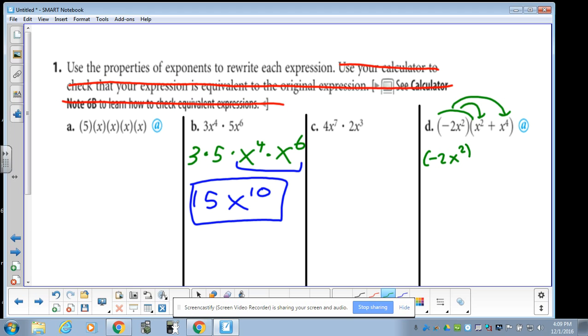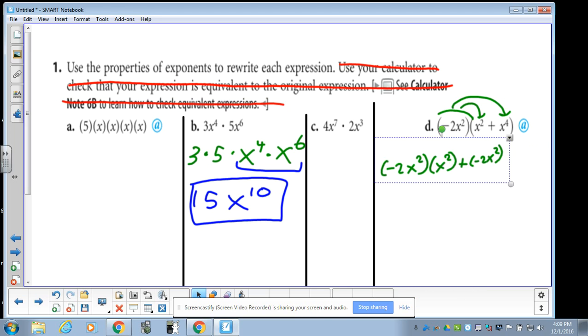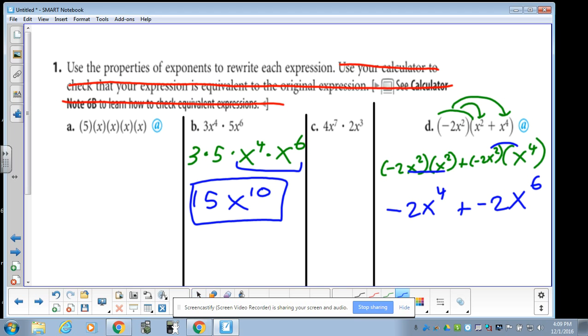Negative 2x squared times x squared plus negative 2x squared times x to the 4th. Now we do this, we get here negative